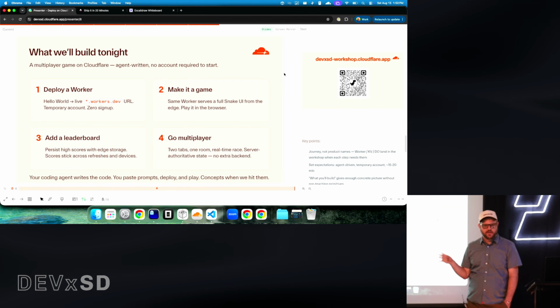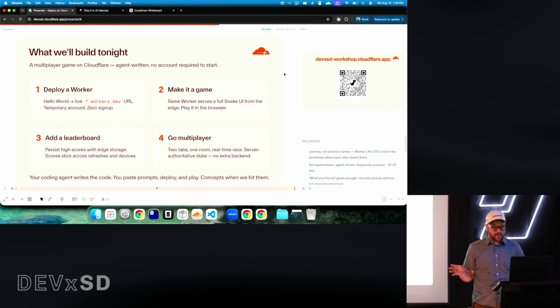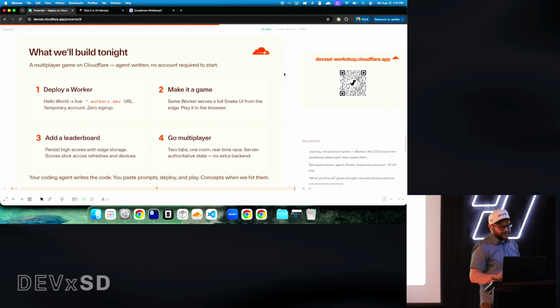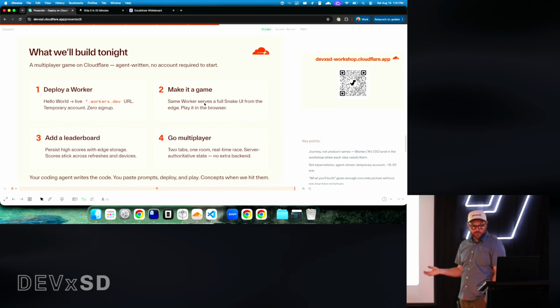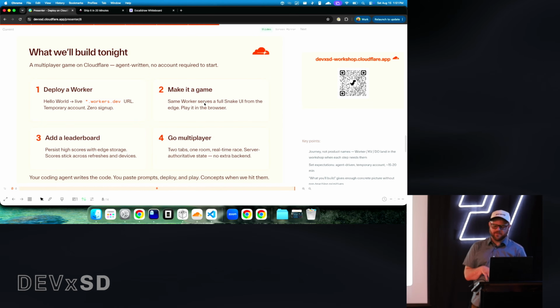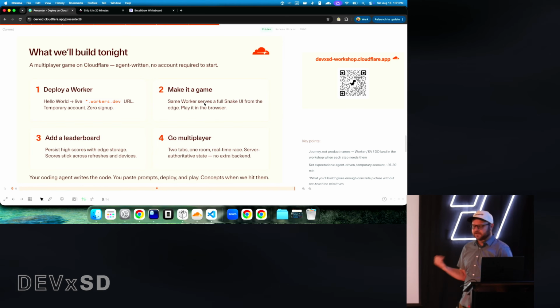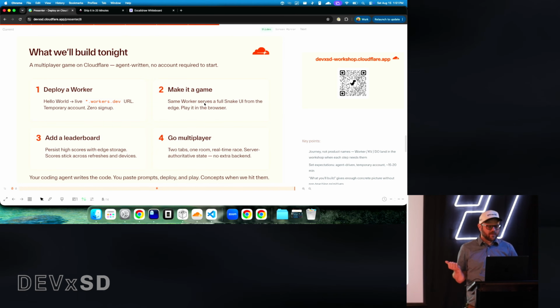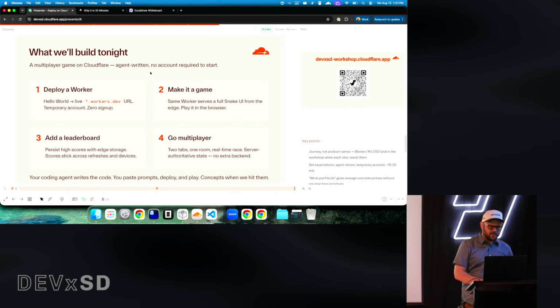If you're using OpenCode with a DeepSeek v4 Flash model that's also free and was able to make it through the end of the lab, we're going to just make a small game, add a leaderboard to it, so we use some of the storage products of Cloudflare, and then we're going to try and make it multiplayer, having multiple people be able to join a game. And I think it's pretty cool that we can have a multiplayer game by the end of this. So what the workshop is